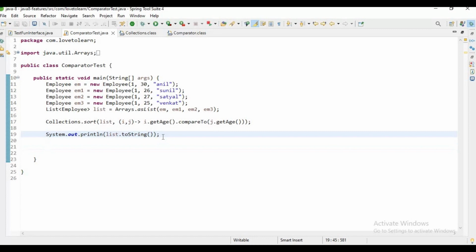Even in streams, we'll use these lambda expressions, guys. When it comes to filter predicates and all, predicate is a functional interface and we'll implement it using this lambda expression, right? Let's discuss the functional interfaces like predicate, consumer, supplier in